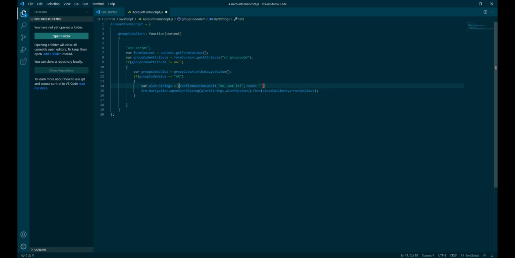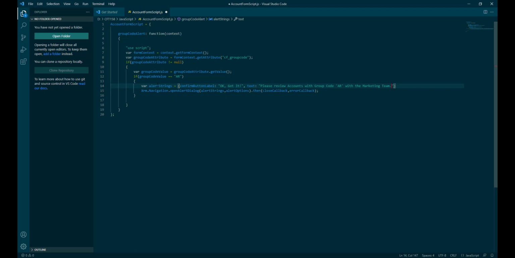The next is the text. I will mention what I want to say in that dialog box. So whenever someone enters the value AR, I'll flash saying please review accounts with group code AR with the marketing team. So this is something that will be displayed as a message.